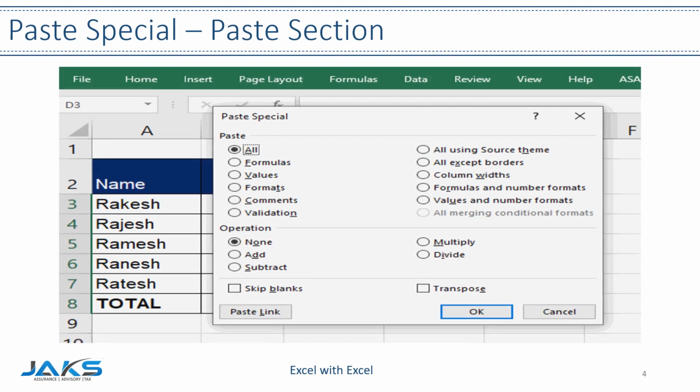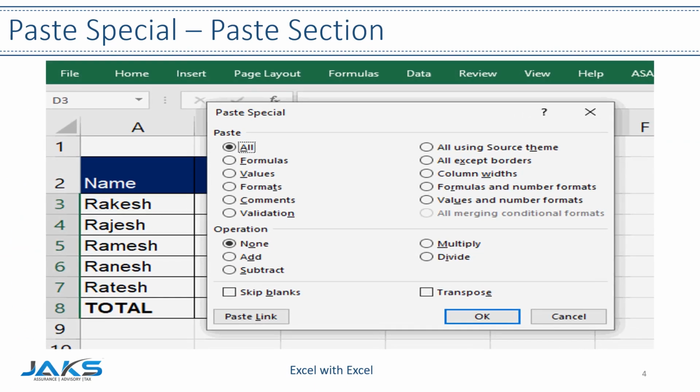In the previous slide, we learned how to bring up the Paste Special dialog and how to select various options. In this slide, we will learn how the commands in the Paste section work. The options in this section are mostly used to paste data, preserving the formatting of the destination cell or range of cells. All the commands in this section are more or less similar, and you can guess the behavior of the same by reading the option name.